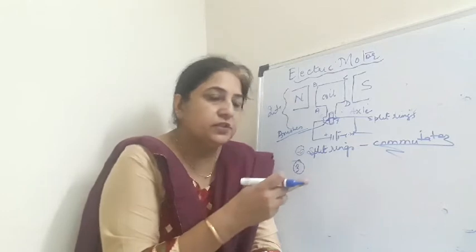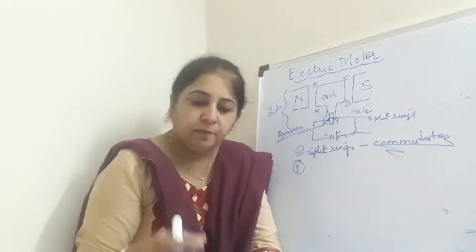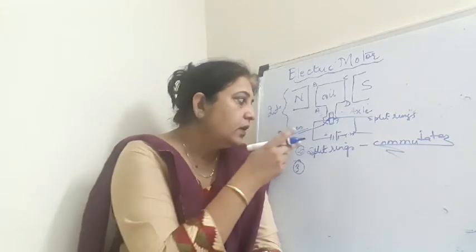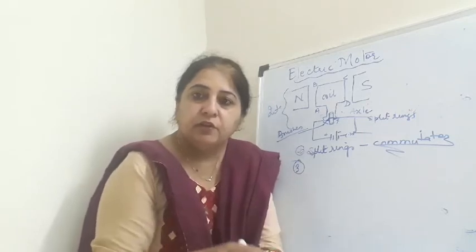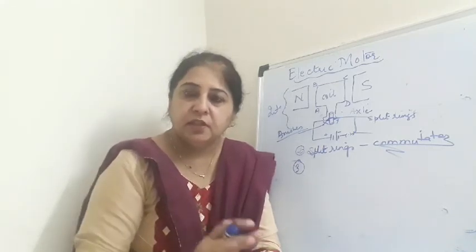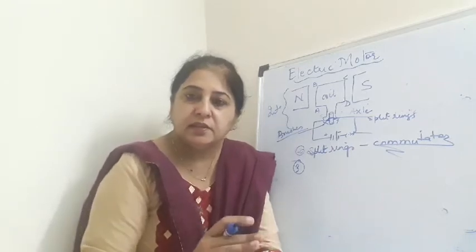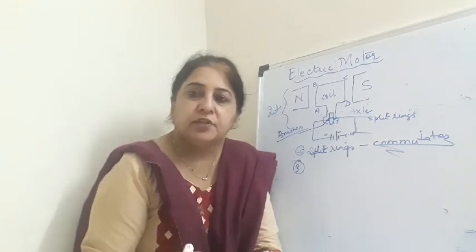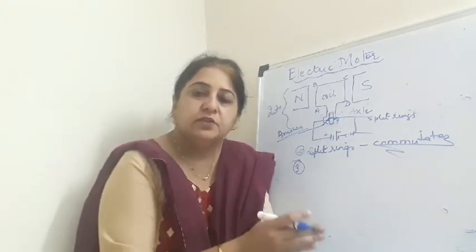Okay, so these are the three questions which I wanted to tell you. Number one, what is the internal circuit and the external circuit in the electric motor? Number two, why are split rings called commutator? And number three, why are the brushes made of carbon? Brushes are made of carbon because carbon has a high melting point. The split rings keep changing positions, and the brushes, being in contact with the split rings, keep rubbing against them, so the surfaces of the brushes do not get affected, because the heat generated due to friction does not affect the surface of the brushes.